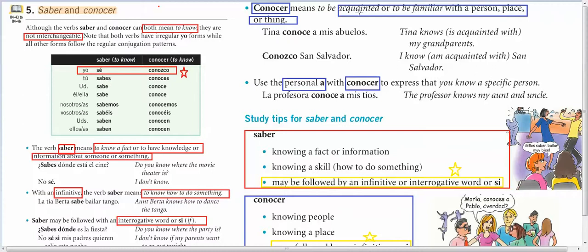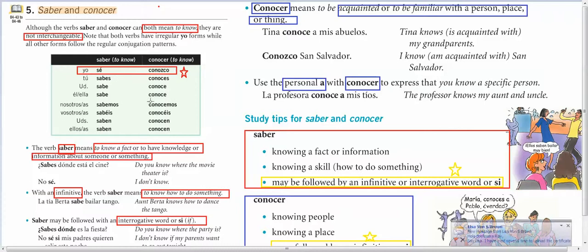In Spanish, there are two verbs that mean to know, saber y conocer, but they're not synonyms, meaning you can't use them in place of one another. There are certain instances in which you would use saber, and in certain ones in which you would use conocer. And before I go any further with that, saber and conocer are both irregular in their yo forms, and